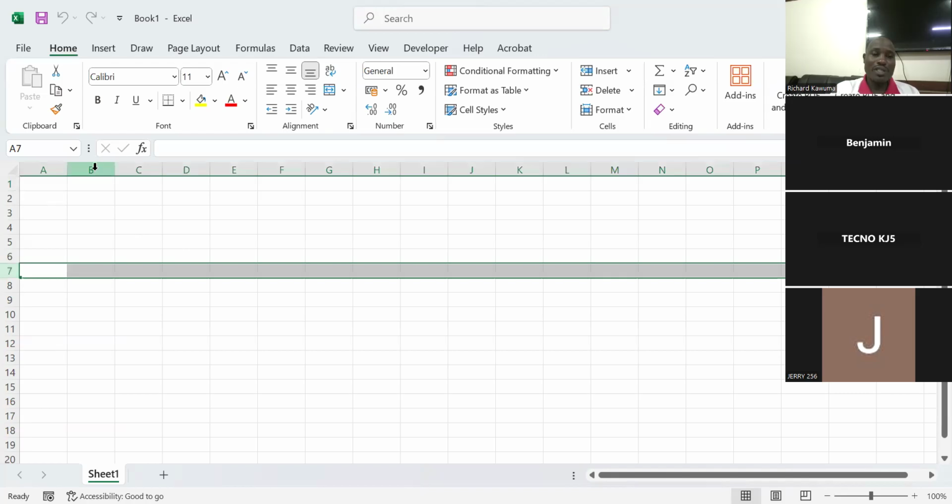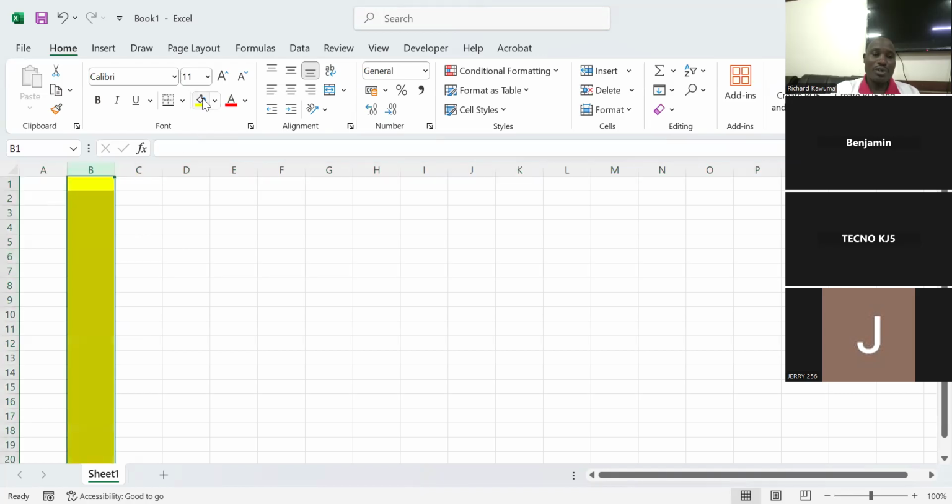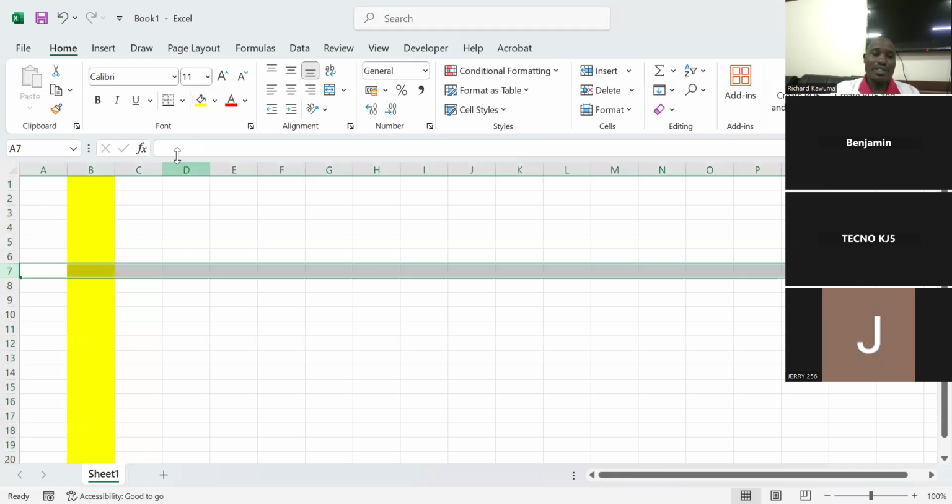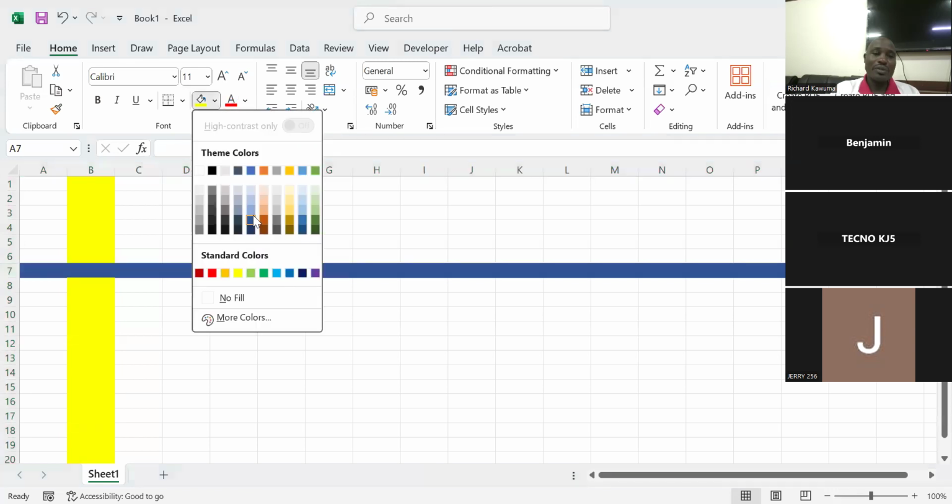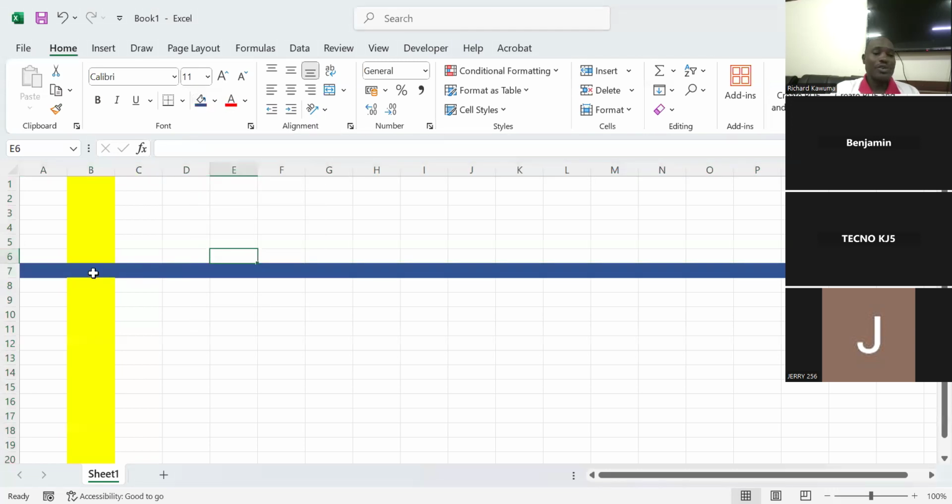Now the two where they meet, say for example, this column and this row. The two meet here, and where they meet forms a cell. So this is a column and this is a row. The two meet here, and this is a cell. And in Excel,